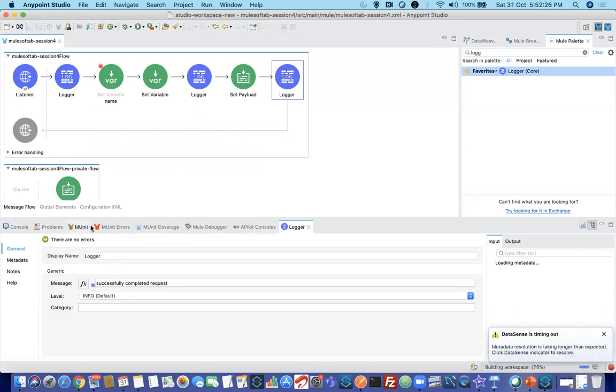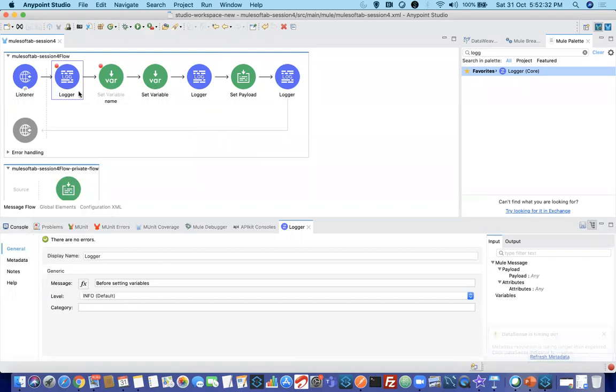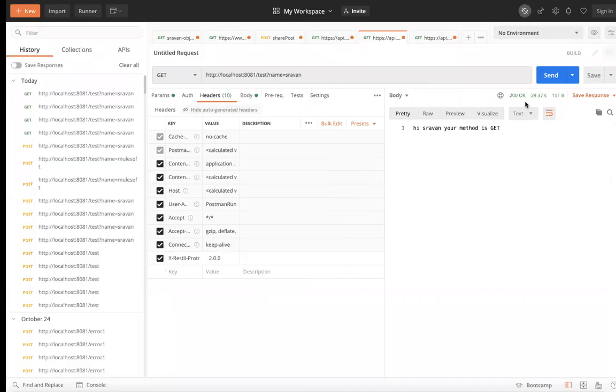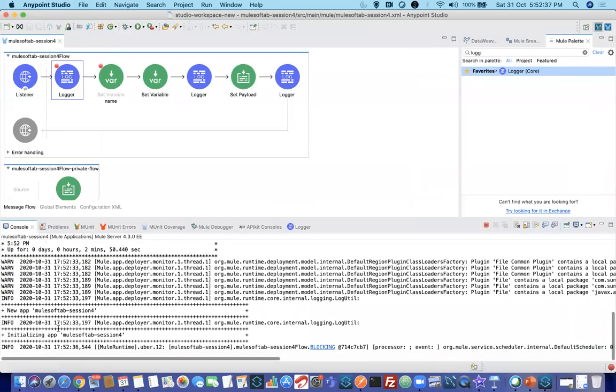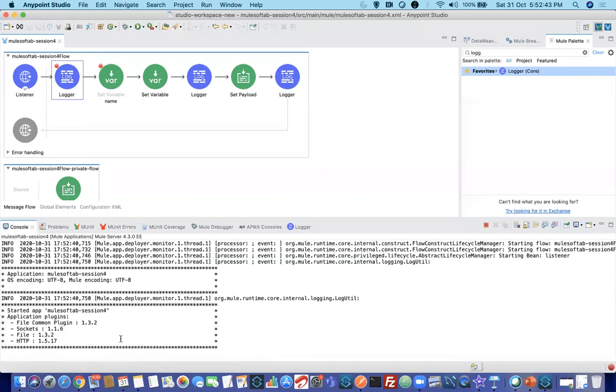Now see how logs are printed. It is just for our reconciliation, just for tracking things. These loggers will not be printed in Postman or anywhere else, only in the console. In Studio it will print here. When you deploy your CloudHub application in Runtime Manager, as in the last class, there you will have a logs tab on the left side. There it will be shown.